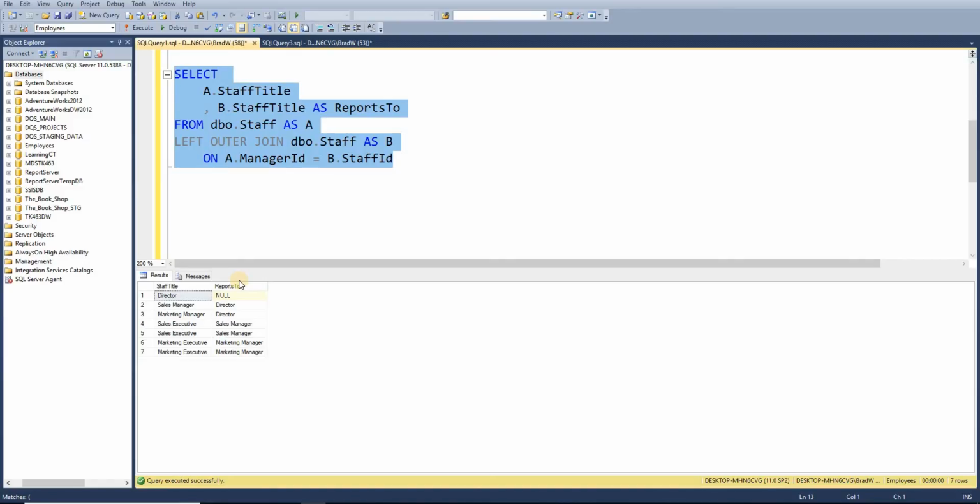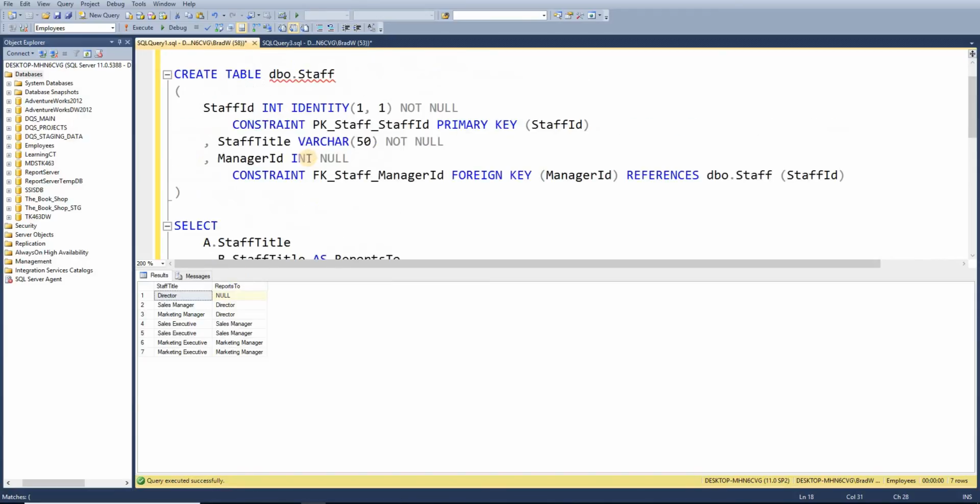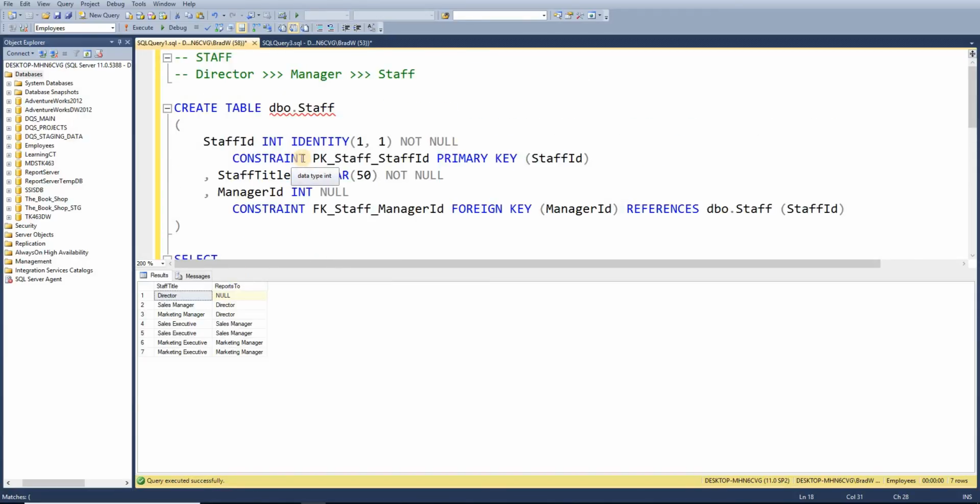So one thing that's clear with this type of hierarchy table is we'd actually saved ourselves some storage within SQL Server. So what we could have had would have been a staff table, and we could have had a managers table, but then we need to duplicate the staff titles. So putting them in one table and having a reference to the same table actually does save us some space